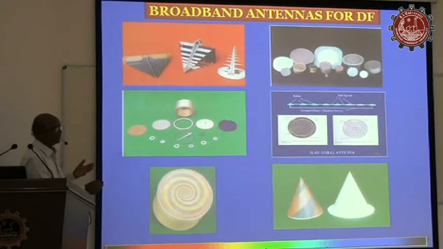If you see any book, spiral antenna means they will explain, they will draw the two arms. They will explain that if you excite at the center with 180 degree phase difference, whenever the wave circumference is one wavelength, it radiates, it covers 2 to 18 gigahertz. But how to realize the spiral antenna covering 2 to 18 giving the required radiation pattern, matching, everything depends on how you realize it.